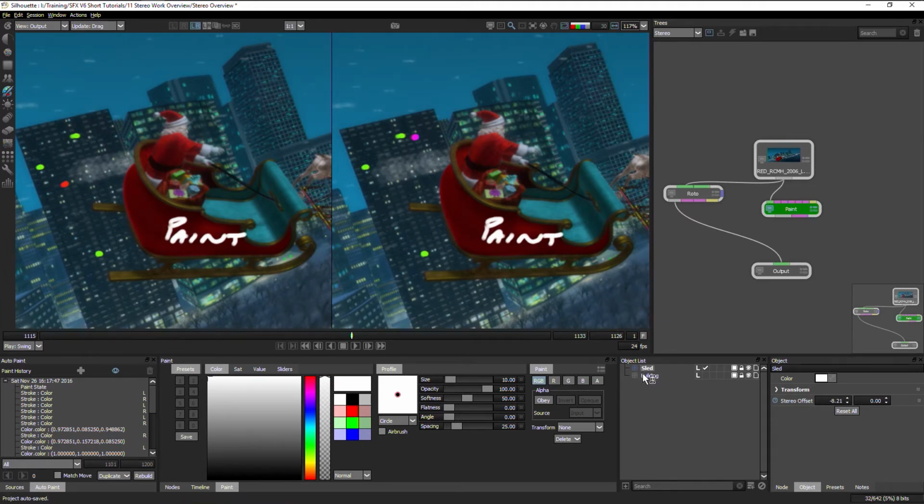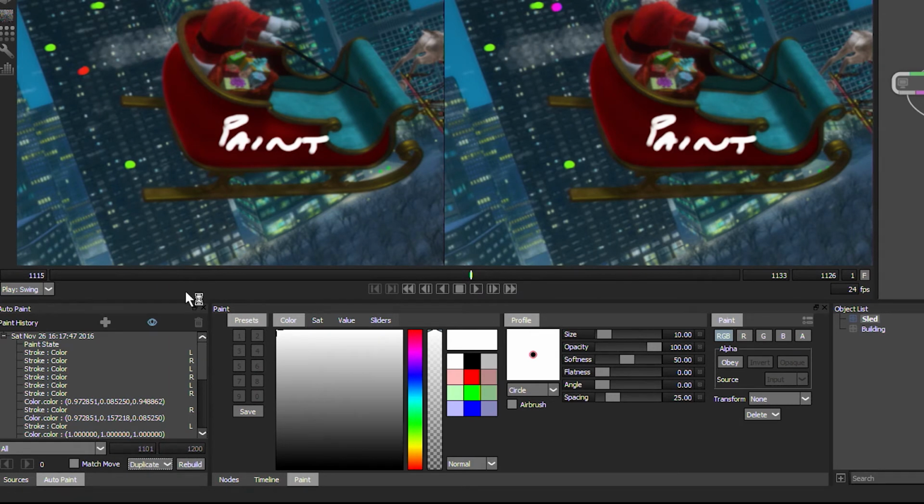And we can of course do this on multiple frames still using the auto paint as we saw in a previous tutorial. Or if we've forgotten particular strokes, or we've only painted on one eye and we want to copy it over to the other eye, we can use auto paint to duplicate from the left to the right here. All we need to do is make sure that the correct layer is selected in our transform